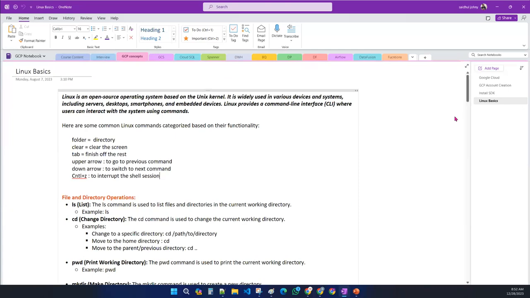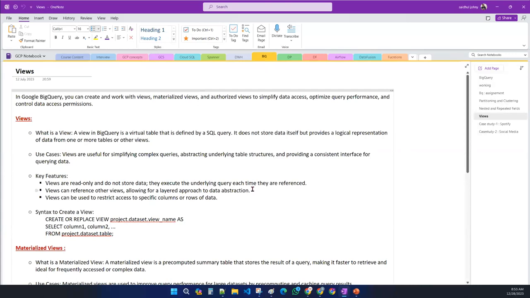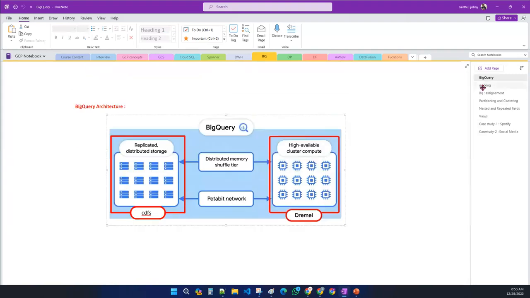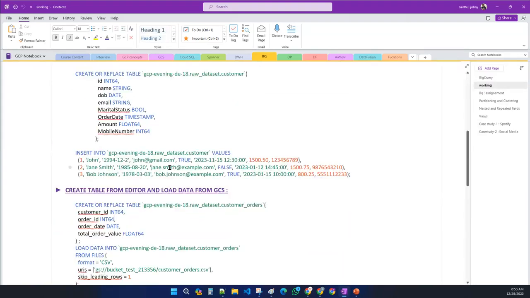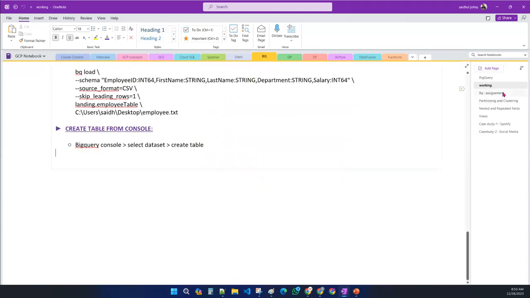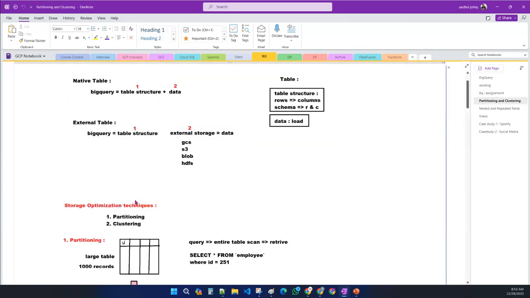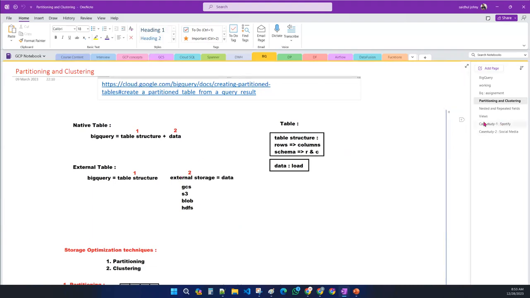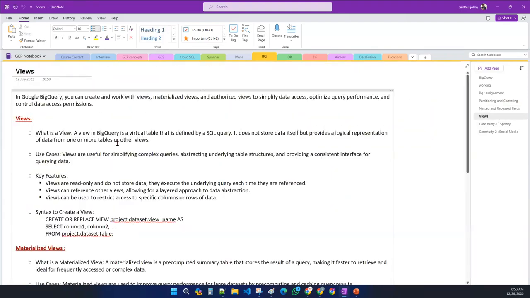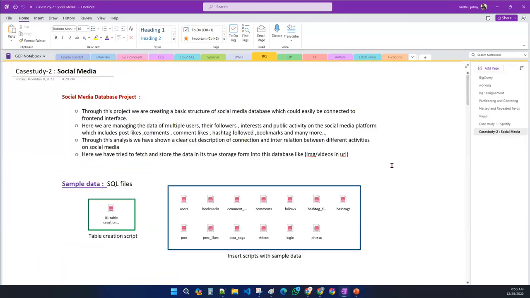Any other questions, guys? Yeah, I'll be teaching you BigQuery. So here we will see what BigQuery is, what the architecture of BigQuery is, how to work with BigQuery, how to create tables. You see here various ways to create the tables. And an assignment for you once we learn about these things. And what is BigQuery partitioning, which is an advanced topic. How to create nested and repeated fields, which is, I will say, one more advanced topic. What are views, materialized views, authorized views, which is a commonly asked question in interviews. Case study one, case study two. Okay,